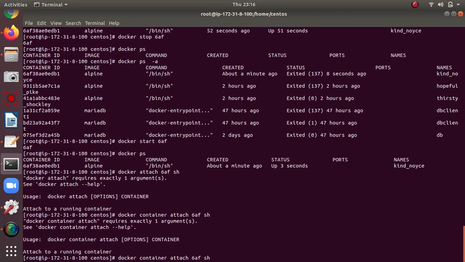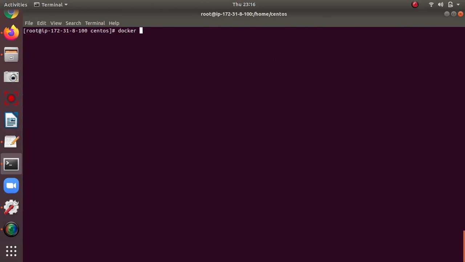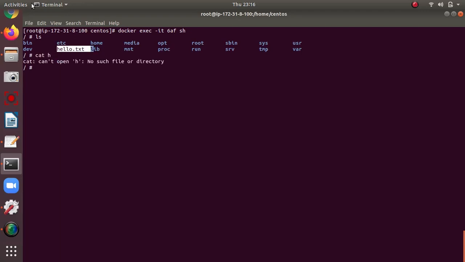No issue. There is one more command we can use, docker exec -it. 6af is the container id, and sh will redirect me to my container. See, if we stop the container and restart the container, then the data is not lost. We can see from hello.txt, hi, my name is Rob.